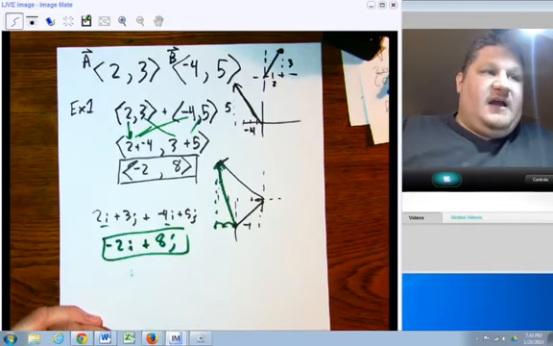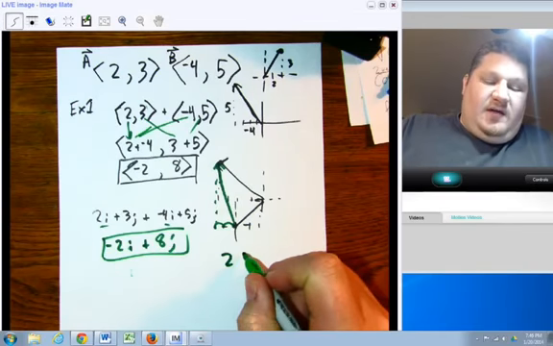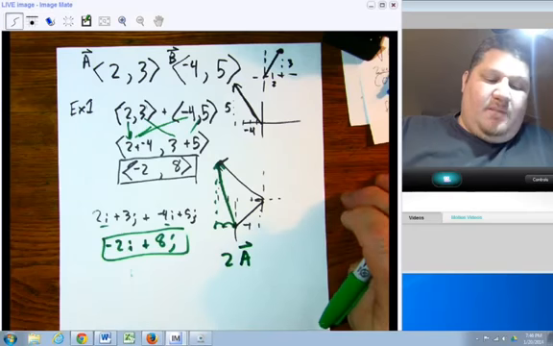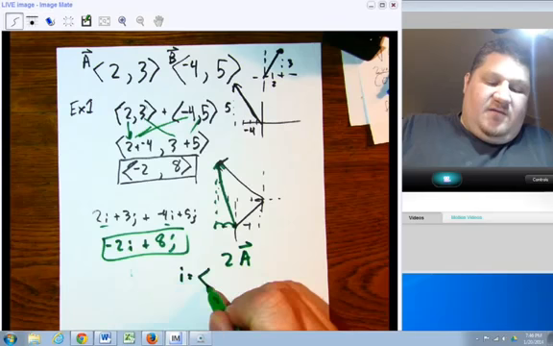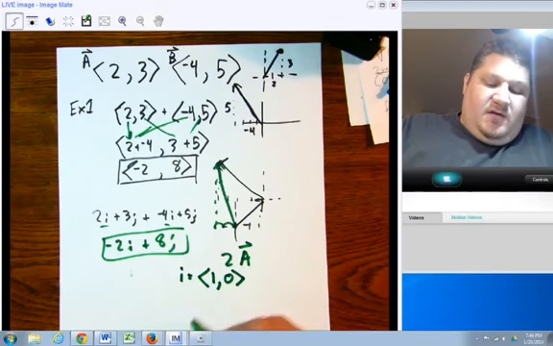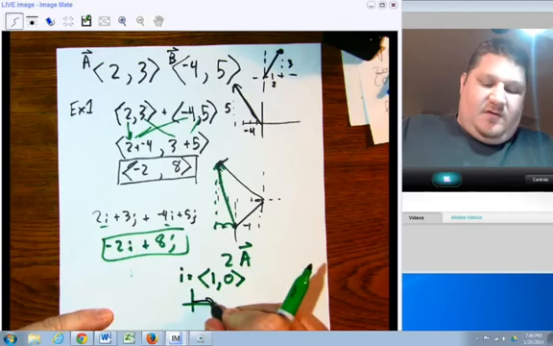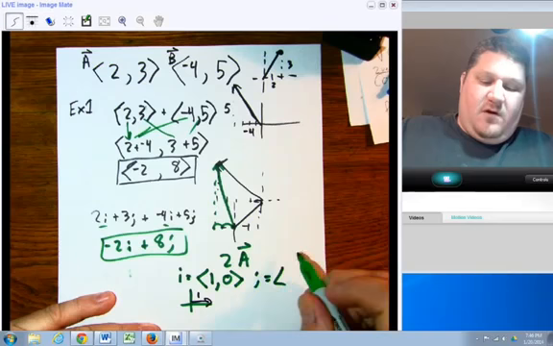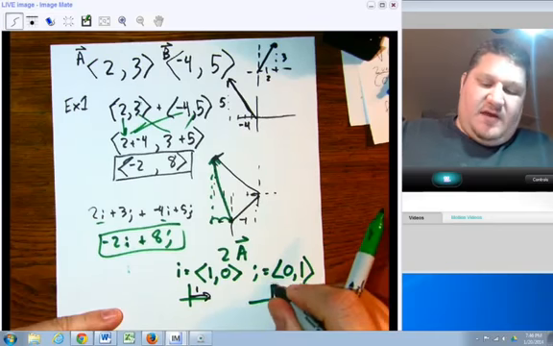Now, let me take a second and talk about unit vectors. Remember, if I had 2 times any vector, it was simply the same vector, but twice as long. In the same case here, i always stands for the vector 1 comma 0. So it's a vector that moves 1 unit in the x direction. j is always standing for the vector 0 comma 1,